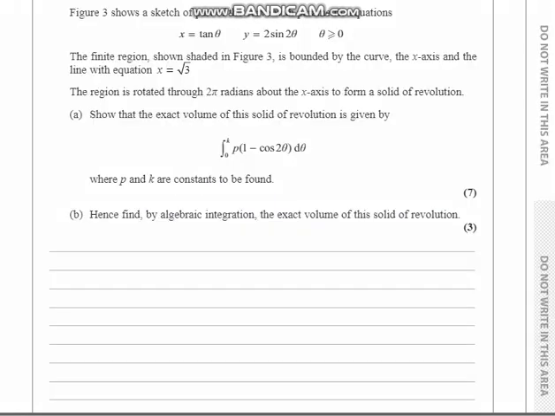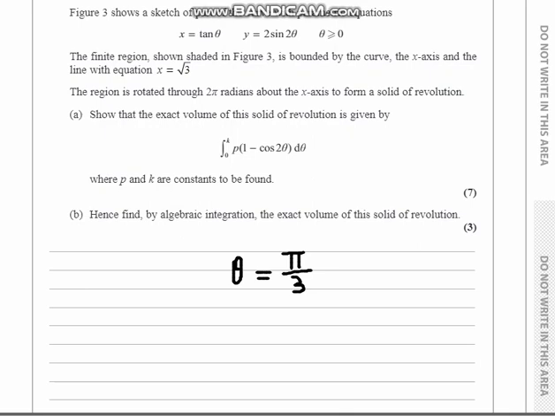So I have x equal to tan theta and y equal to 2 sine 2 theta. But I can't find theta as my subject here because that's in terms of x. So what I'll do is make theta the subject. And we know that root 3 is equal to x. To obtain theta, I'll take tan inverse of both sides, so theta equals pi upon 3, which is also 60 degrees, but we are finding it in radians, so that's pi upon 3.